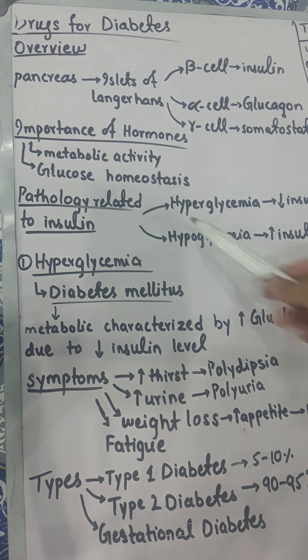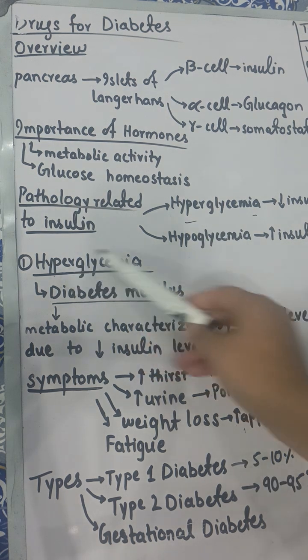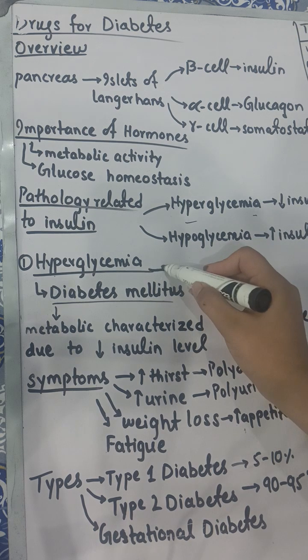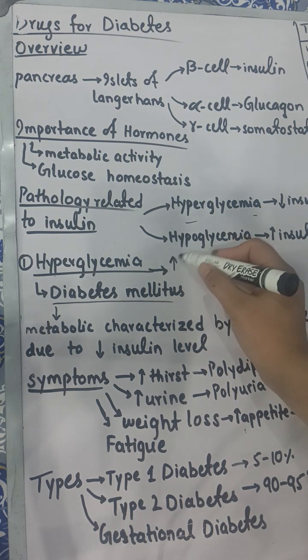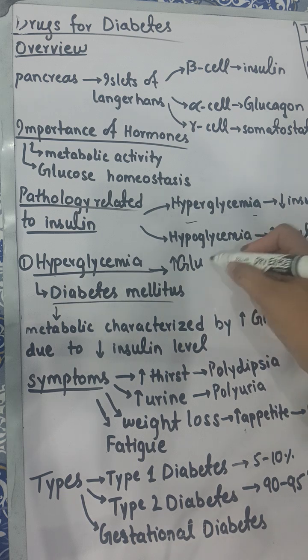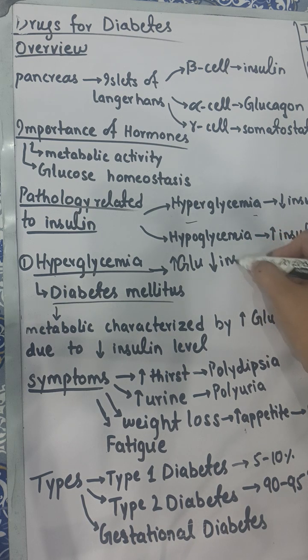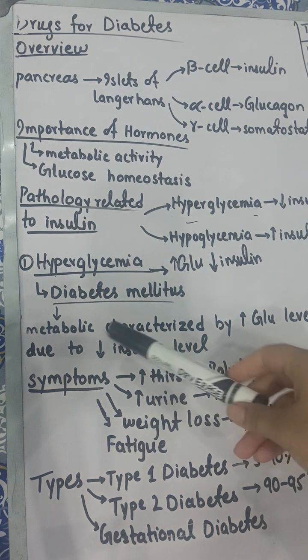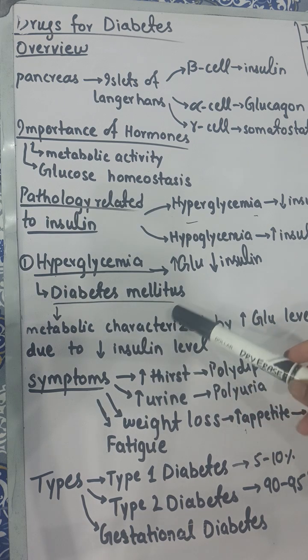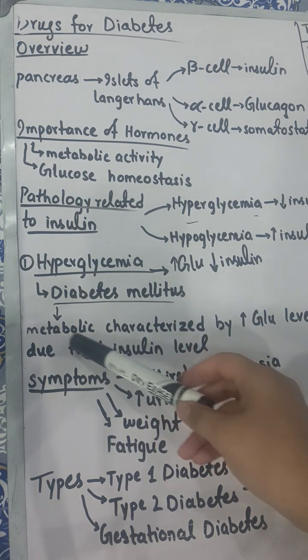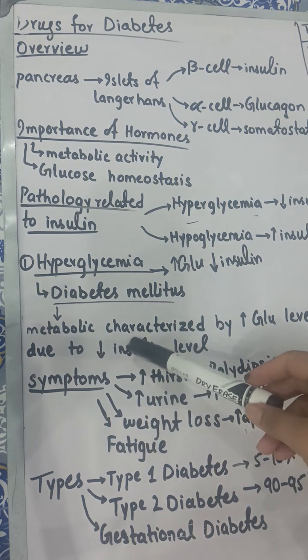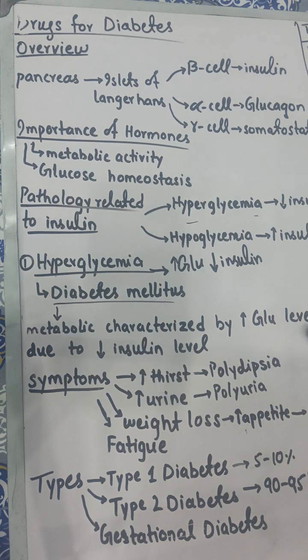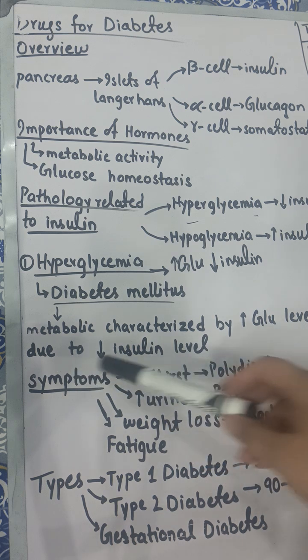Let's discuss the first pathology case, which is hyperglycemia. Hyperglycemia means an increase in the concentration of glucose, meaning high glucose levels and low insulin levels. Remember these two conditions whenever I discuss hyperglycemia. In hyperglycemia you face a disease called diabetes mellitus. What is this disease? It is a metabolic disorder characterized by an increase in the glucose levels due to a decrease in